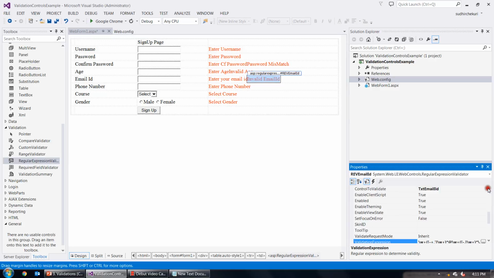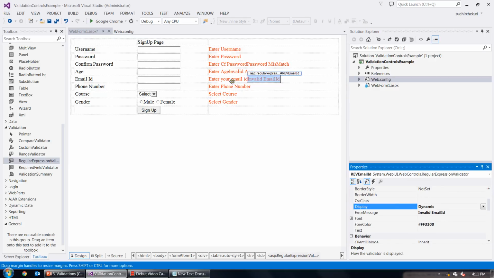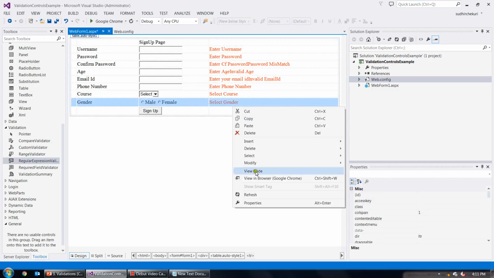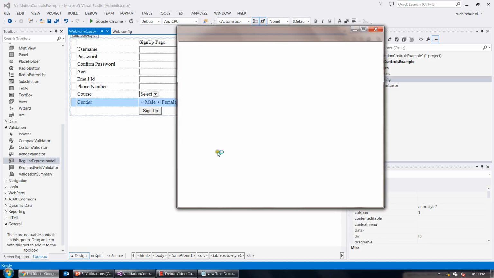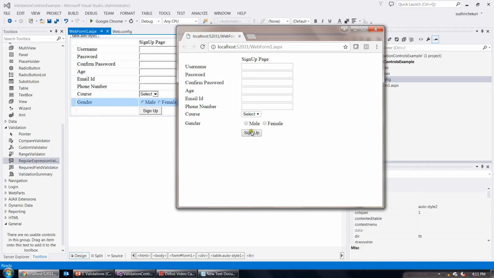One more property has to be added is display. It has to be dynamic, and also for this control, required field validator, it has to be dynamic. I'm going to check the output for my email ID field, where you have to enter the email ID and it should have a valid format. Where is the email ID? Here it is throwing an error as enter your email ID. I have entered something, my name. Then it throws one more error saying that it's an invalid email ID because it needs